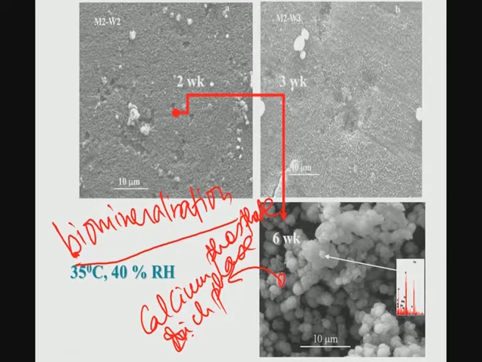It is called biomineralization simply because the material does not have any calcium phosphate phase here, but it produces calcium phosphate nodules when it is dissolved in vitro in a simulated body fluid solution. These nodules do not appear immediately after the incubation, but when you incubate this material for 2 weeks, then 3 weeks and up to 6 weeks, a mineral rich layer forms. This essentially shows that this material can make a good biological bond with the osseous structure, with the tissue structure.